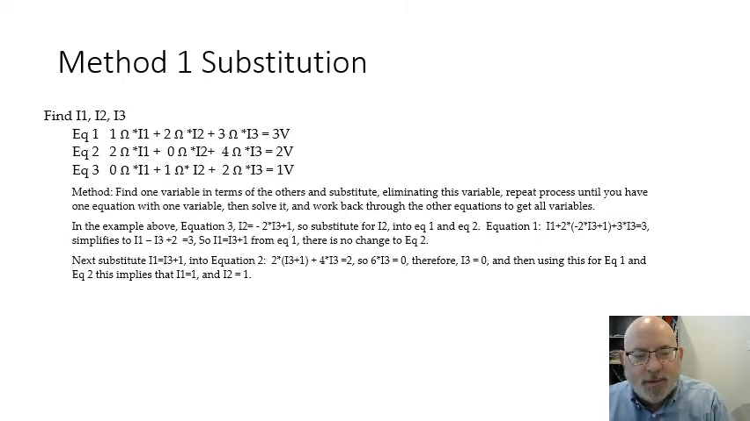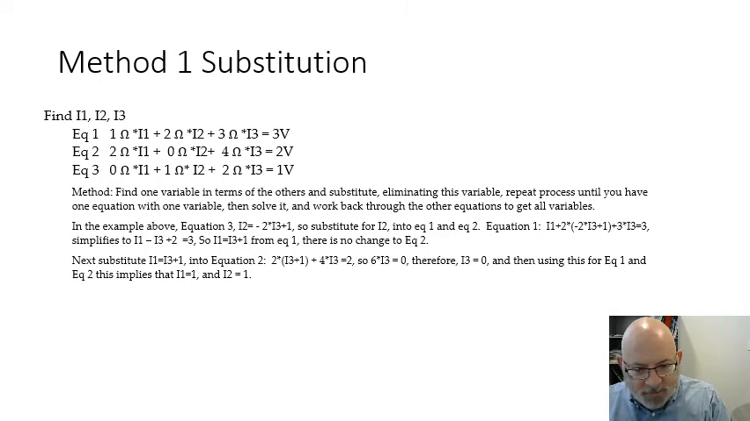So in this example, I'm going to take equation 3 and I'm going to rewrite it as I2 equals negative 2I3 plus 1. You can see that I2 is equal to negative 2I3 plus 1. Then I'm going to take that equation and substitute it for I2 in the first two equations. In the second equation, it actually doesn't matter substituting it because it's multiplied by 0. So it doesn't change equation 2. But in equation 1,